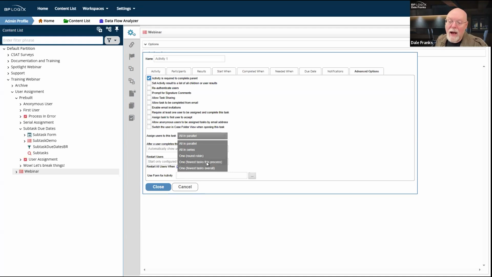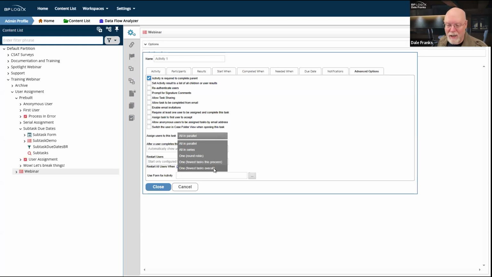However, Process Director can look to see who has the fewest tasks in this particular process, just this specific process timeline, or to who has the fewest task assignments overall in their task list. So it will just assign to whoever either is your least busiest person in this process or just your least busiest person.